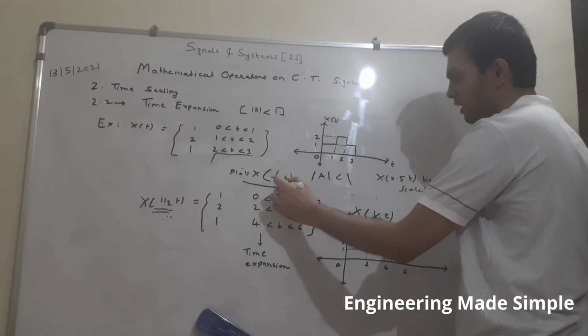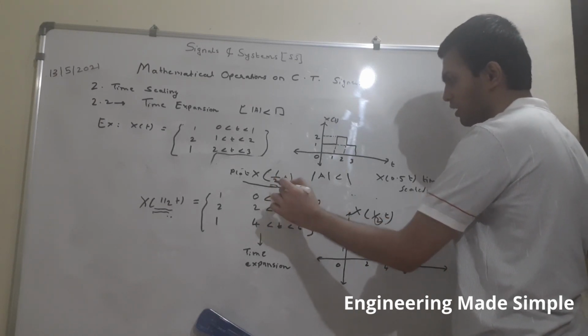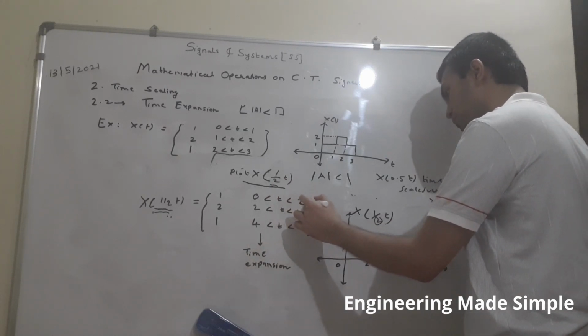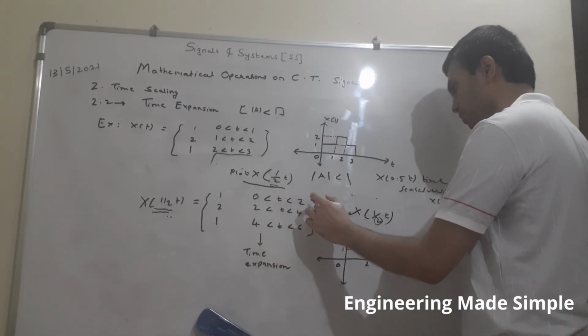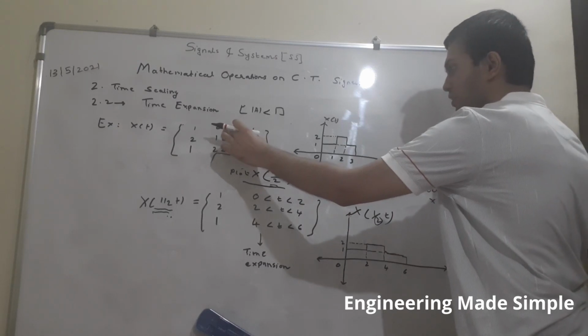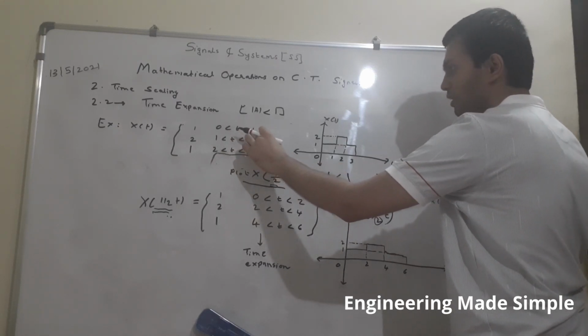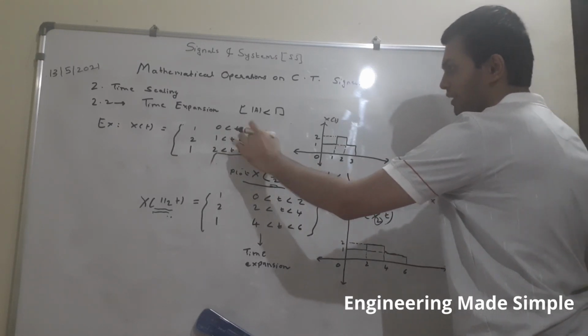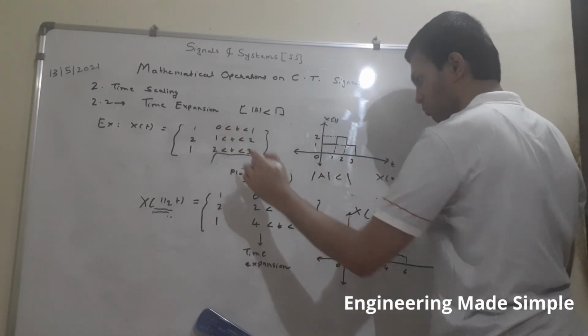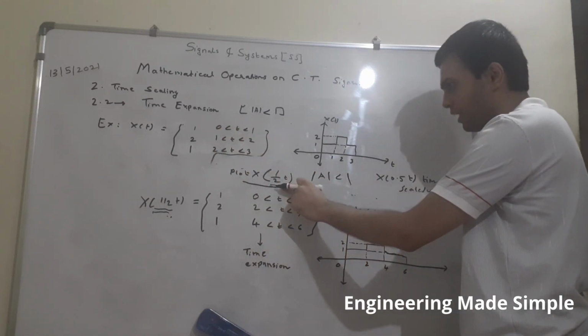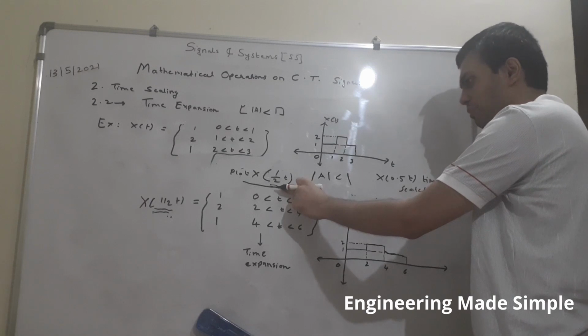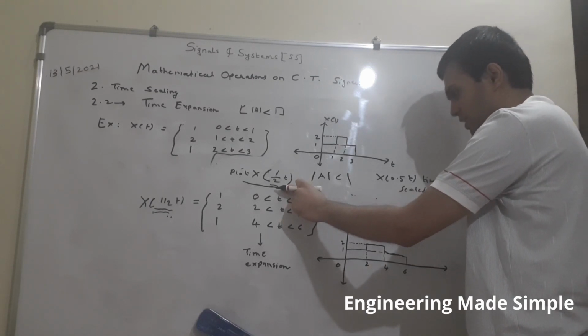So here in the signal equation, in the denominator 2 is there. So we will multiply our time axis, time intervals by 2. So what was x of t? In between 0 to 1 its value was 1. So now we will multiply its time interval. So this is 0 into 2, because this is divided by 2 in this case. So we have to remember that case in such a way only.